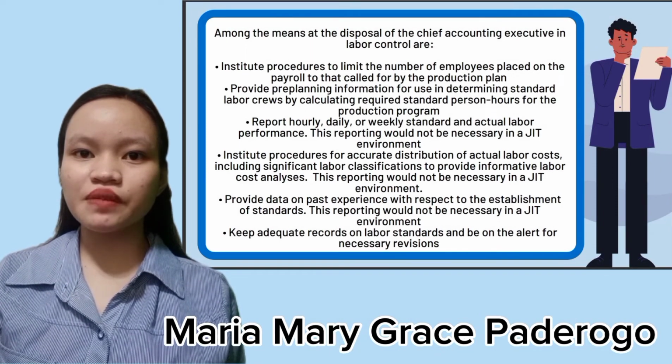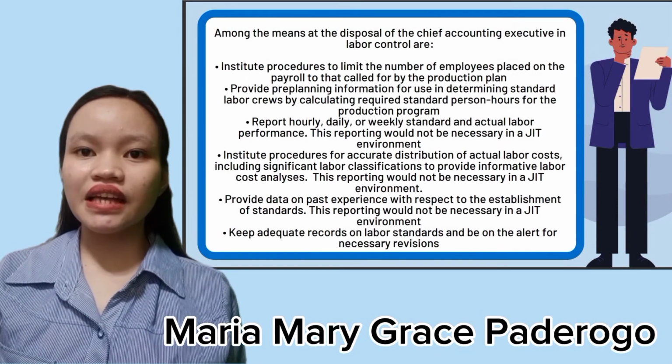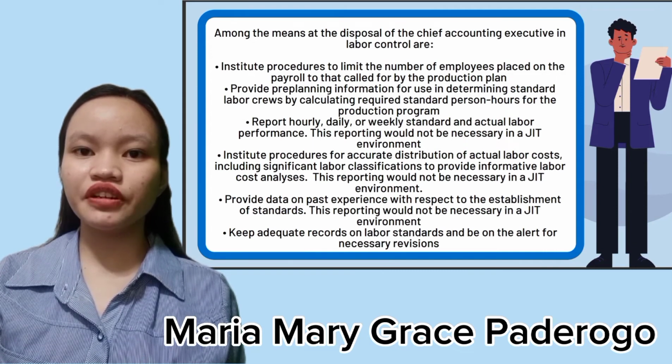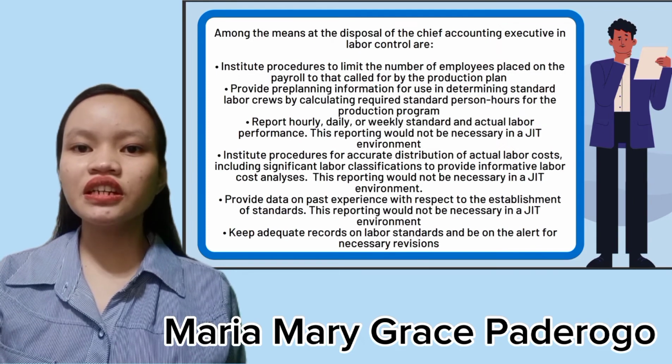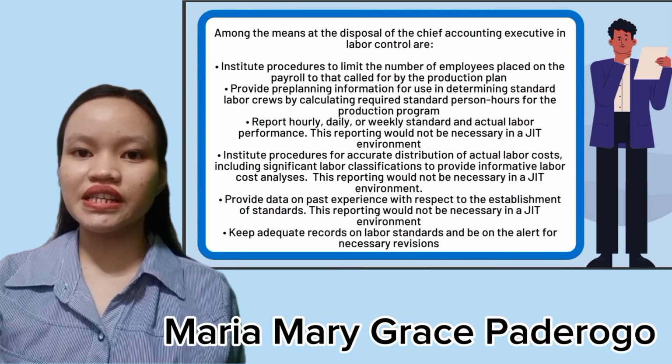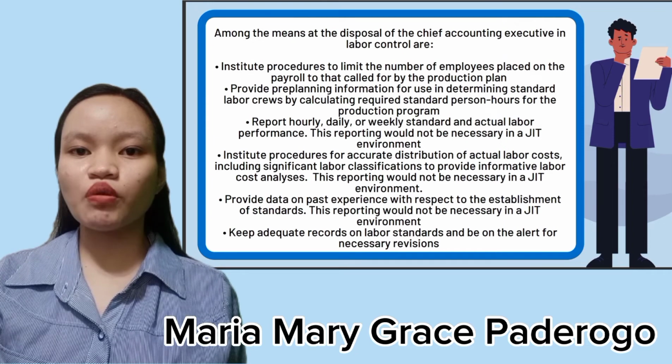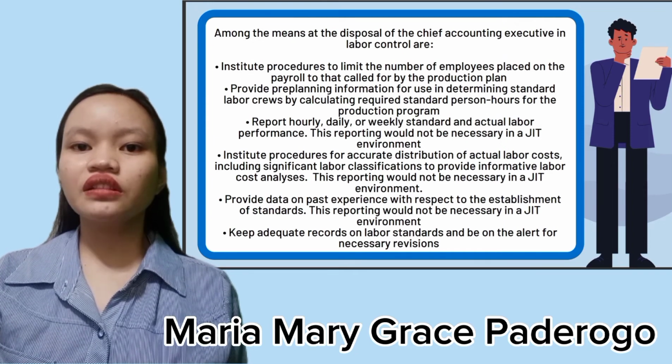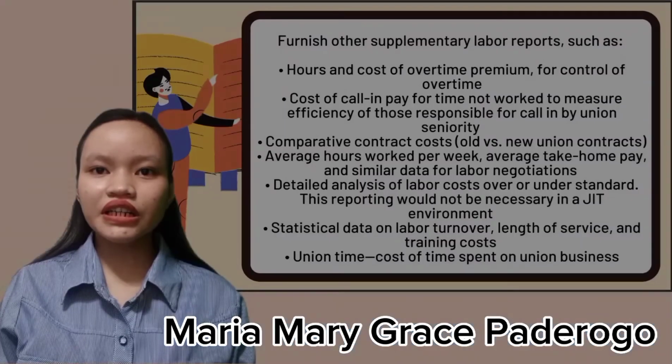In controlling direct labor costs, as with most manufacturing costs, the ultimate responsibility must rest with the line supervision. Yet line supervisors must be given assistance in measuring performance, and certain other policing and restraining functions must be exercised. Here lie the primary duties of the controller's organization. Among the means at the disposal of the chief accounting executive in labor control are the following: